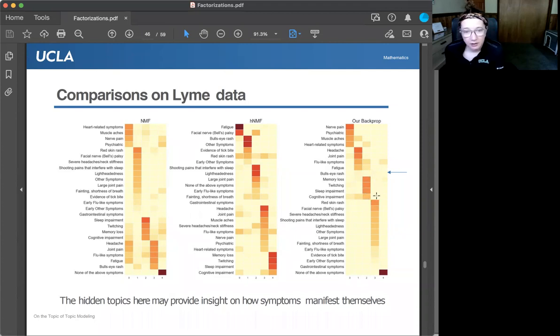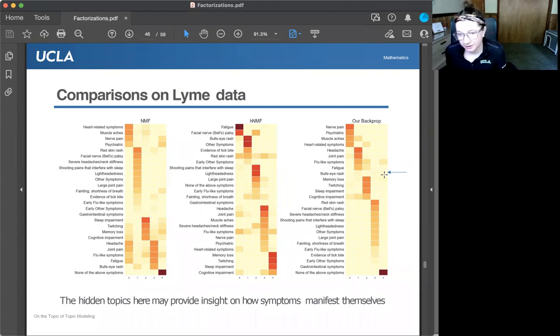The other observation that they were quite excited about corresponded to a kind of neutral situation here, which is this bullseye rash symptom, which doesn't really appear in any topic. For many, many decades, it was believed that if you had been bitten by a tick and had Lyme disease, then you would definitely present with a bullseye rash, a rash that looks like a target. And physicians wouldn't give you treatment if you didn't present with the rash because it was believed that was a very significant link. But in recent studies, it's looking more and more like only roughly 20 to 30%